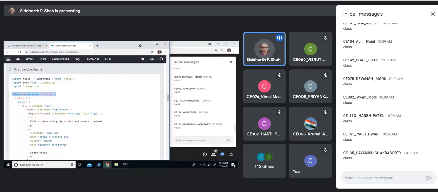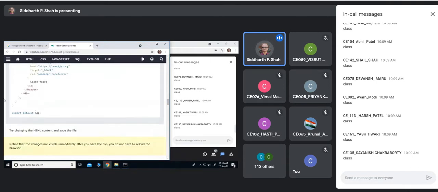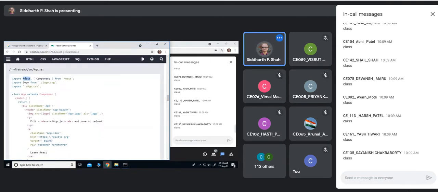And this Component is coming from React. So basically you are importing this Component class from the React package or React library. You also import React, though you are not directly using it here, but internally it is being used. So maybe in the first 2 lectures you may find it a little difficult, but once you understand the code structure, then it is very simple.